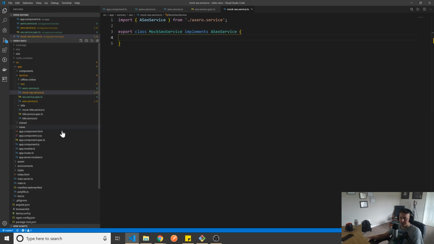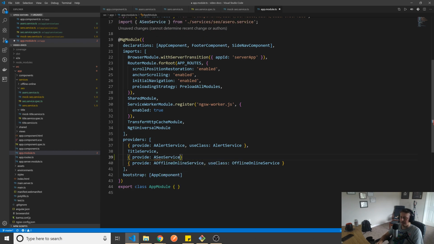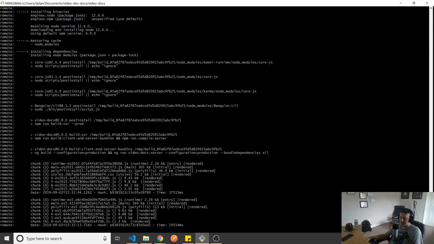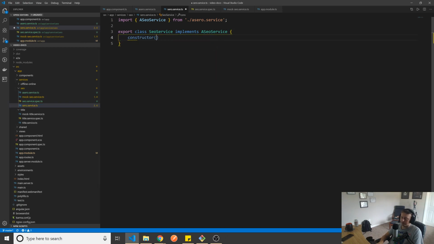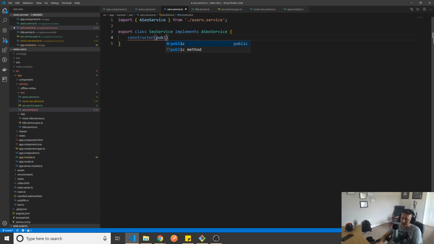So now that we've done that, go back to app module. We will provide a SEO service and we'll use SEO service. Alright, so that's still deploying. So let's go to our SEO service, and in our constructor, let me look at the title service real quick. So what I'm thinking is that we'll actually just make it part of the title service. When the title changes, we'll update the SEO. So a public meta